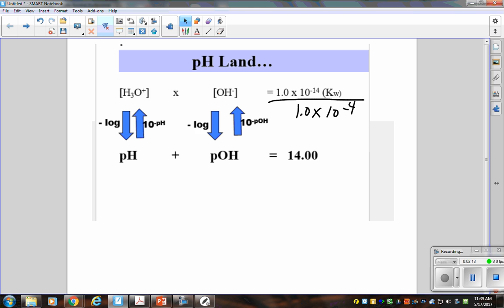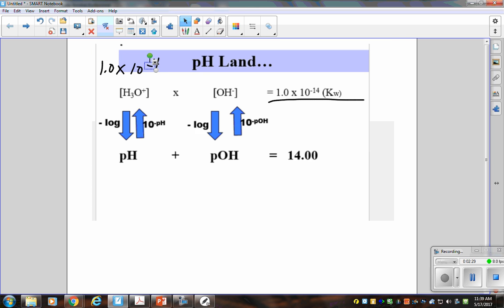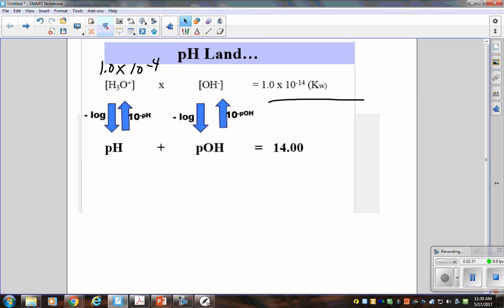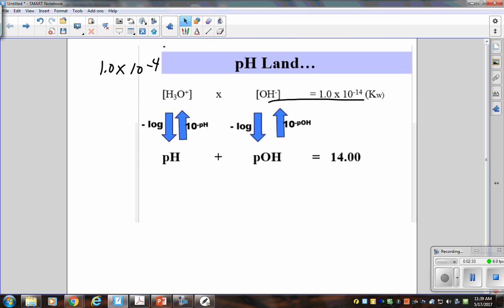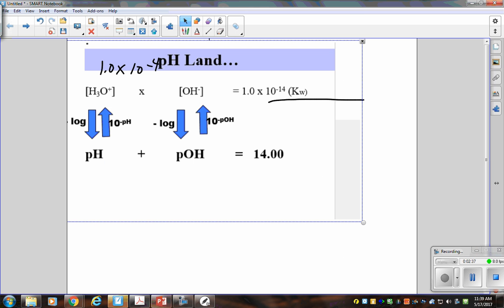So H3O plus times OH minus is always equal to that, so whenever you go across the top, you're just dividing. Whatever number they give you, take it. So like if you look right there, I would just do this, 1.0 times 10 to the